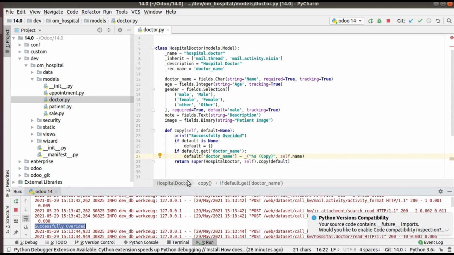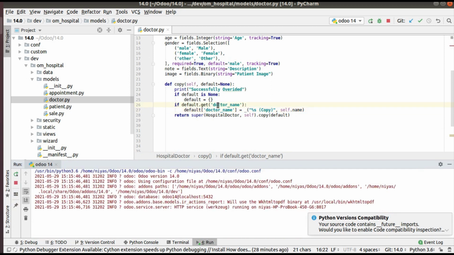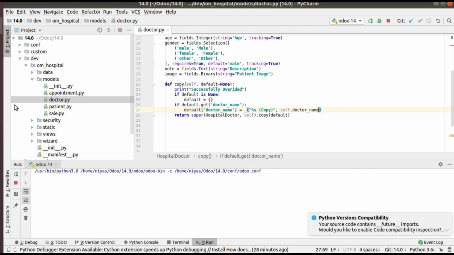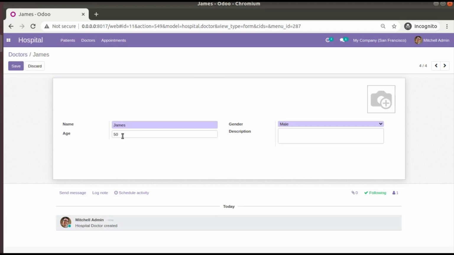I will explain it if it is working. So let me try once again. I'll give self.doctor_name. I'll restart the service, go to the UI, and duplicate this record. You can see it's still coming as James.